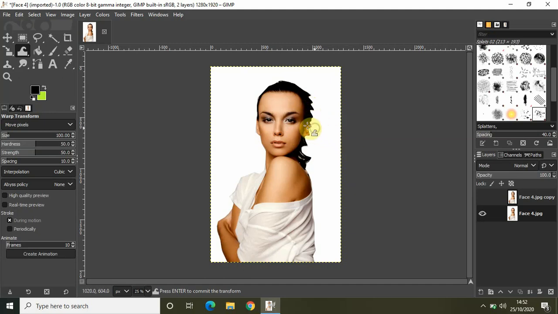What I'm basically doing is using the warp tool to literally stretch my image, the way I want it pretty much covered. I want to warp the image till this portion right here.